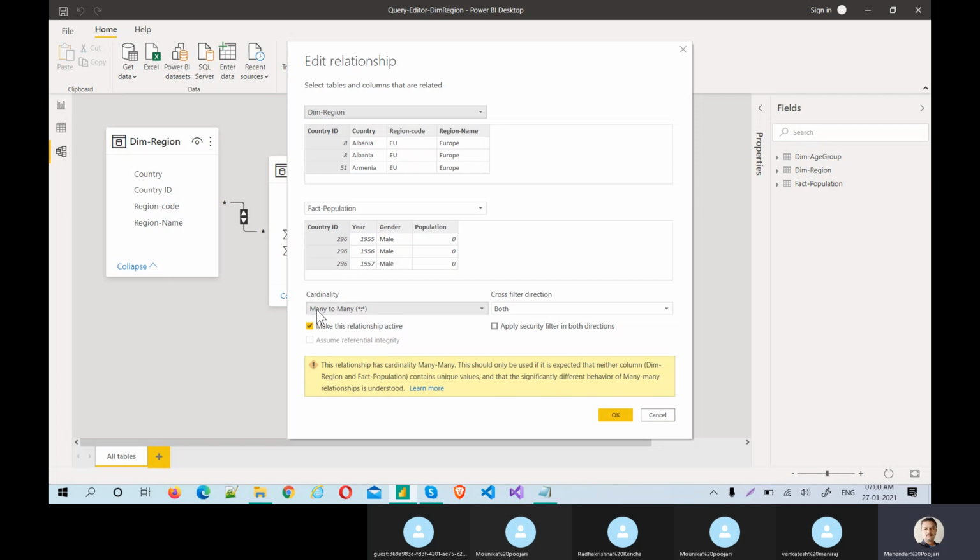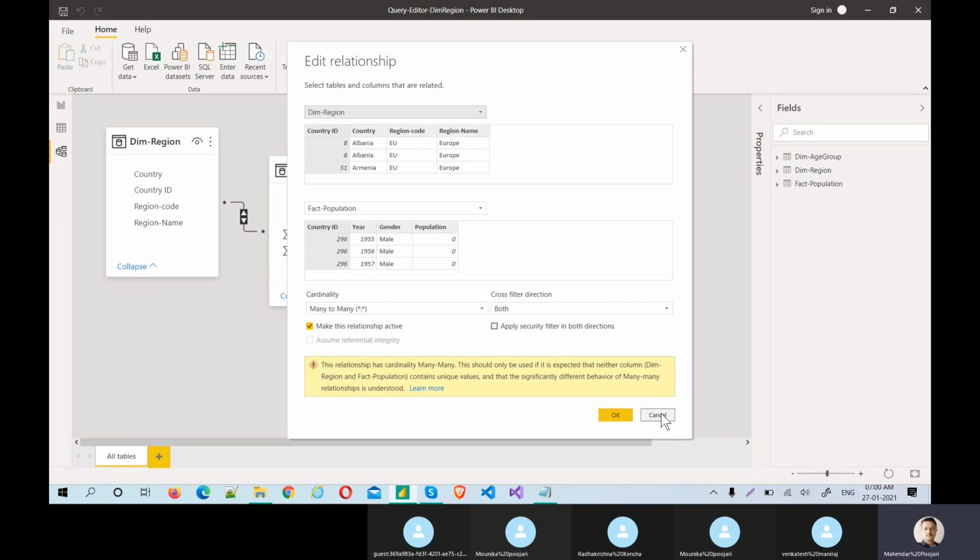First is why this many to many is coming, how Power BI is actually creating many to many. These are important and critical steps to understand. What is this both cross filtering, and what is make active relationship? All these things we will understand in the data model, but for now we will understand why many to many happened instead of one to many.